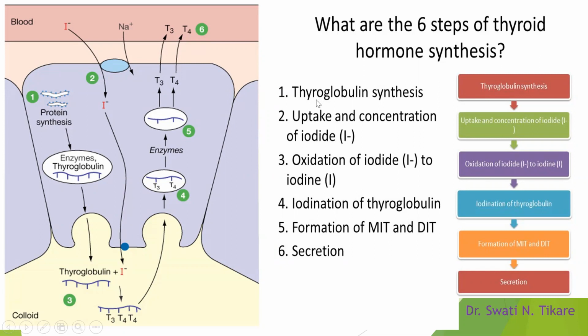So what is the first step? The first step is the synthesis of thyroglobulin. The tyrosine and the globulin are together; thyroglobulin is synthesized. Where is it synthesized? It is protein synthesis, so it happens in the endoplasmic reticulum. Thyroglobulin is synthesized and secreted into the colloid. That is the first step. Second, the colloid is the factory for synthesis, so all that we need for synthesis of thyroid hormones should come and reach this colloid.